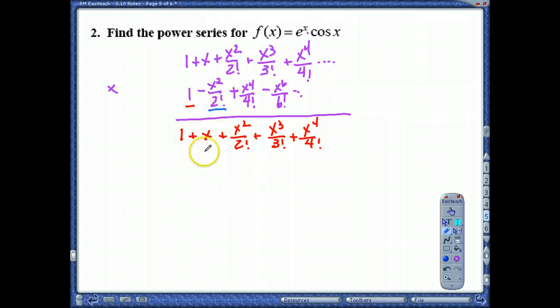So when I do that, I'm going to try to line these up with the guys I already have down here. So for instance, when I take this times 1, I'm going to have negative x squared over 2 factorial. When I take x times negative x squared over 2 factorial, that's going to give me negative x to the third over 2 factorial. This guy times the next one, that's going to give me negative x to the fourth over 2 factorial times 2 factorial. And then if I go to the next guy,